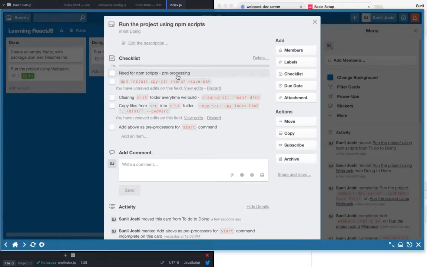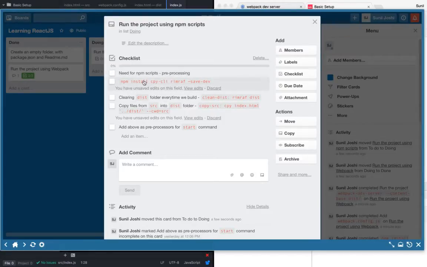You can do some pre-processing, which we're going to do now. We're going to copy the files from source to dist folder, so that is one pre-processing. The other pre-processing is that we want to clear the dist folder before copying, and later more will come, like linting and those things. So npm scripts are of immense help, so we're going to go that route.